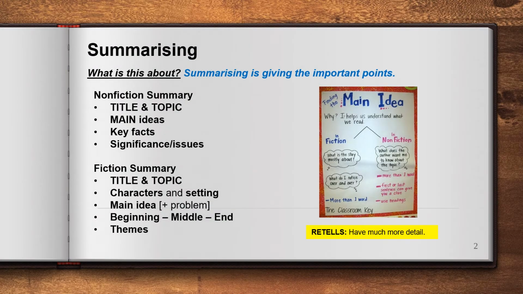What is summarizing? Summarizing is asking the question, what is this all about? So summarizing is giving the important points. It's finding the main ideas when you've been reading. So if you were making a non-fiction summary, you'd make sure to include the title and the topic of what you've been reading about, the main ideas and some key facts, and you'd be making sure to say why the